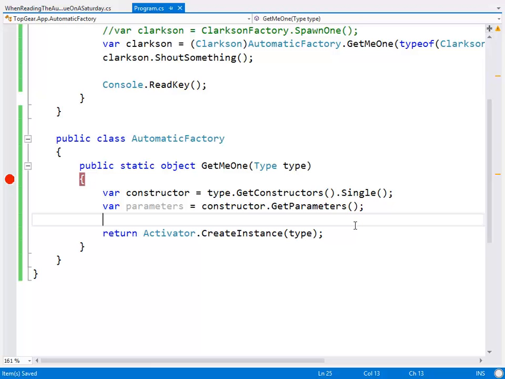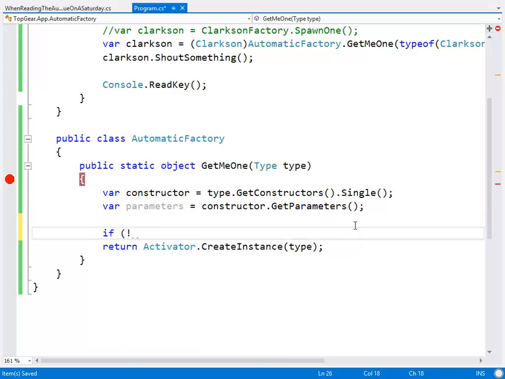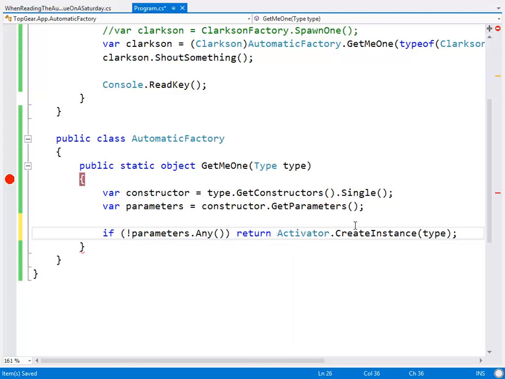Now, if the constructor does not require any parameters, then we can just call activator.createInstance on it. So if not parameters.Any, return that. Does that make sense? Yeah? If it doesn't have any constructor parameters, then we can just create one.